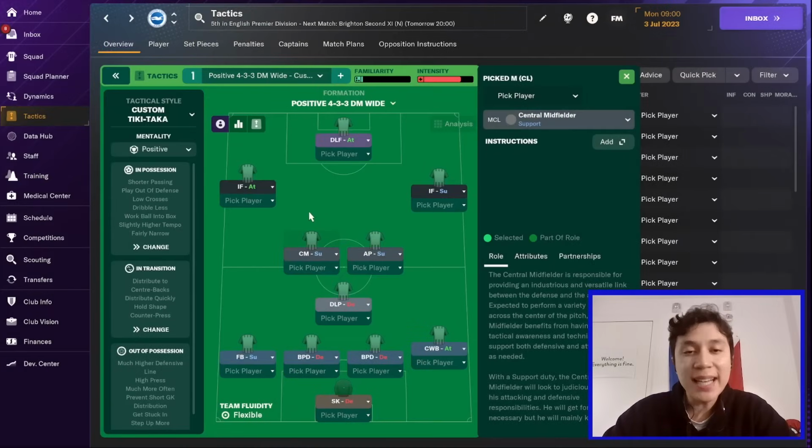And that's kind of what Iniesta did in this role. He would dribble, he would connect the attack with the defense, he would pass, he could play the through ball. He did a little bit of everything. So I think maybe a central mid on support is the most versatile of our options to capture what Iniesta